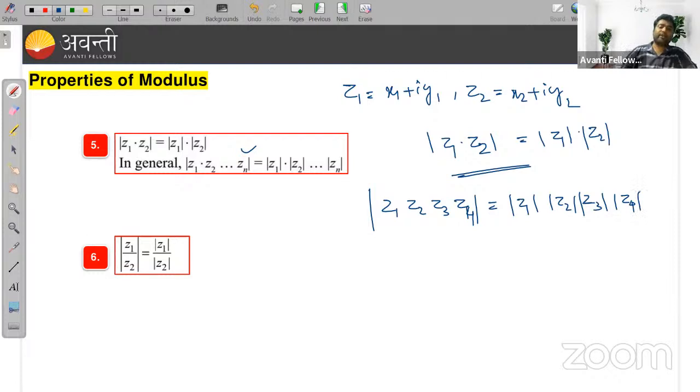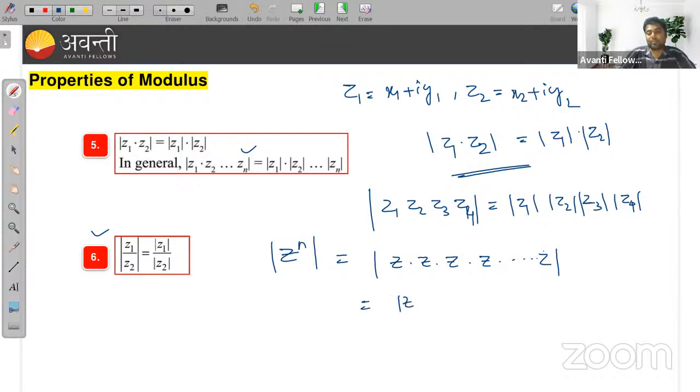Clear? Similarly, like we have already discussed in conjugate, here also modulus of Z1 upon Z2 is equal to modulus of Z1 upon modulus of Z2. Another property I would like to say here is that modulus of Z to the power n can be written as modulus of Z into Z into Z up to n times. This can also be written as modulus of Z into modulus of Z into modulus of Z up to